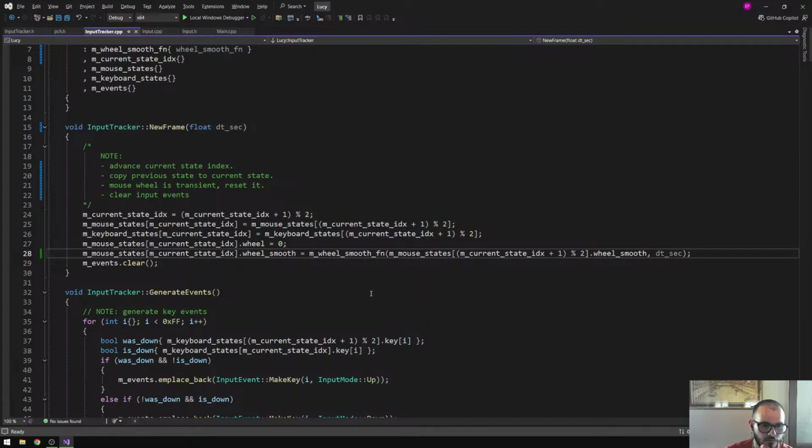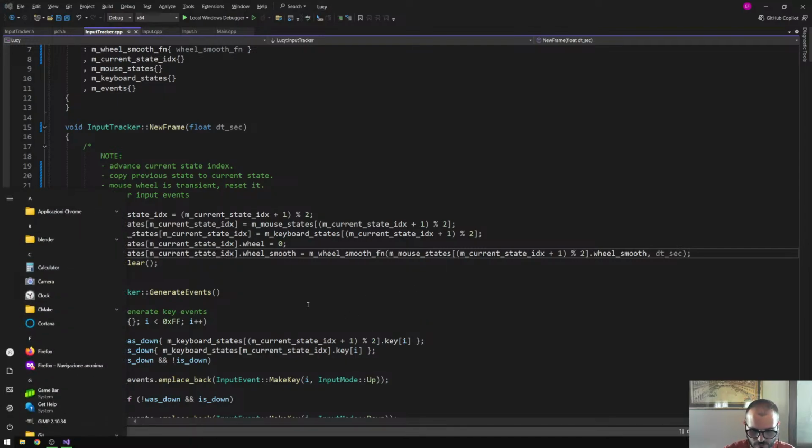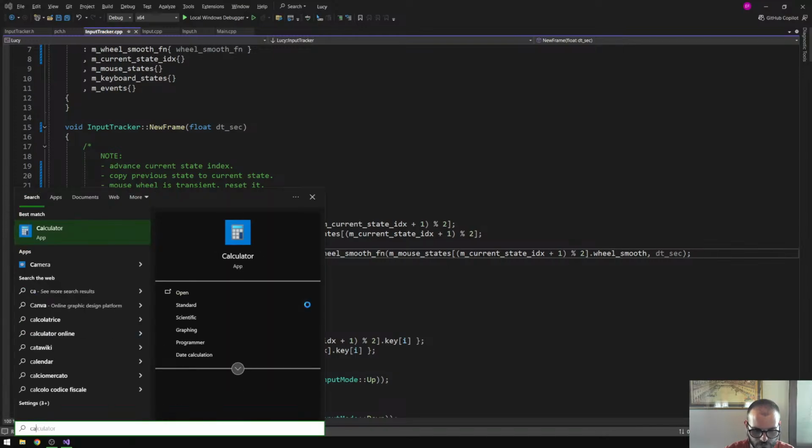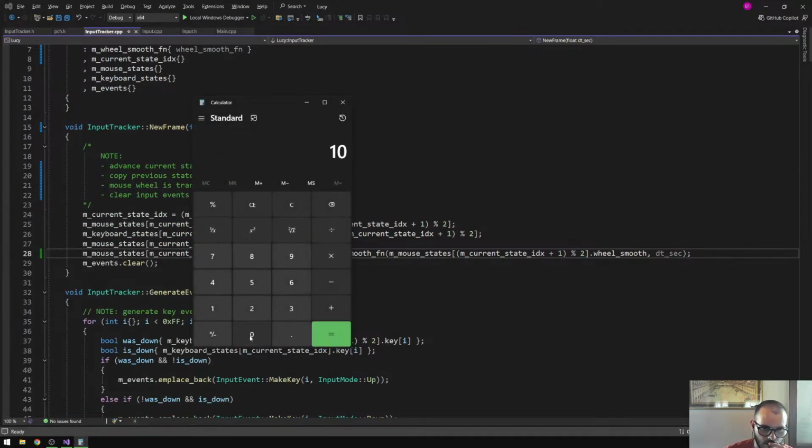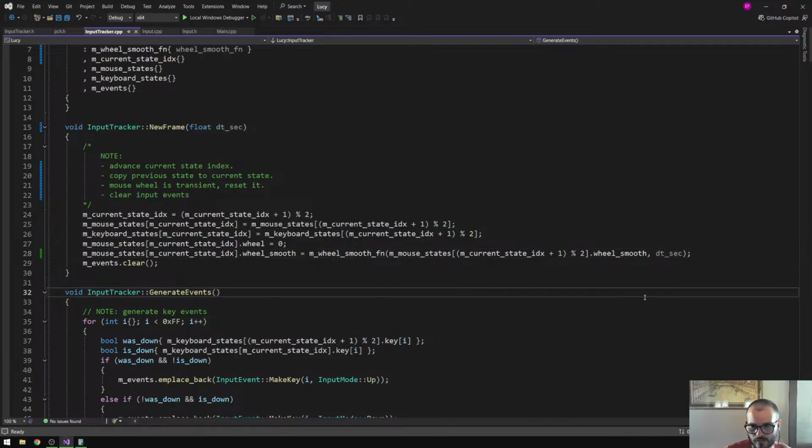Does it work? So, calculate: start with 100, for example, and I halve it after 1 second. Then I halve this, and after 1 second I get the next value. But I'll never do this. So the delta time in seconds would be, I don't know. Also the problem is that